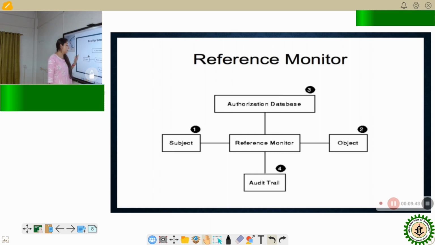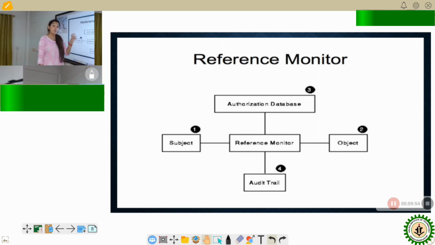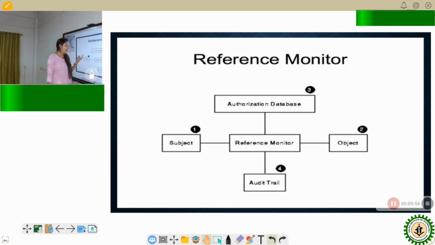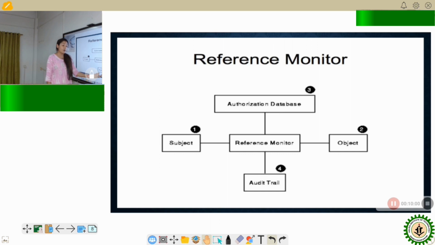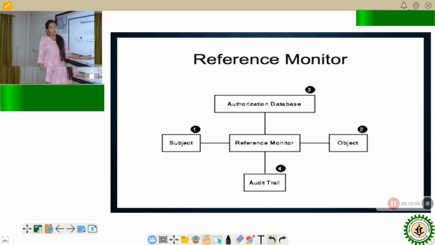Like whether a person performed a reading operation on some file, or whether a person accessed some database server or wrote something on the database server, at which time that operation took place, all of that information is recorded in the audit trail.